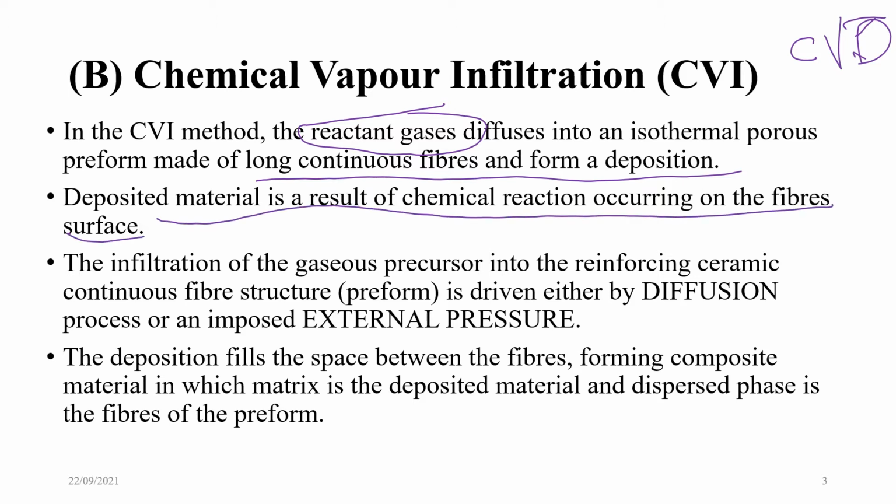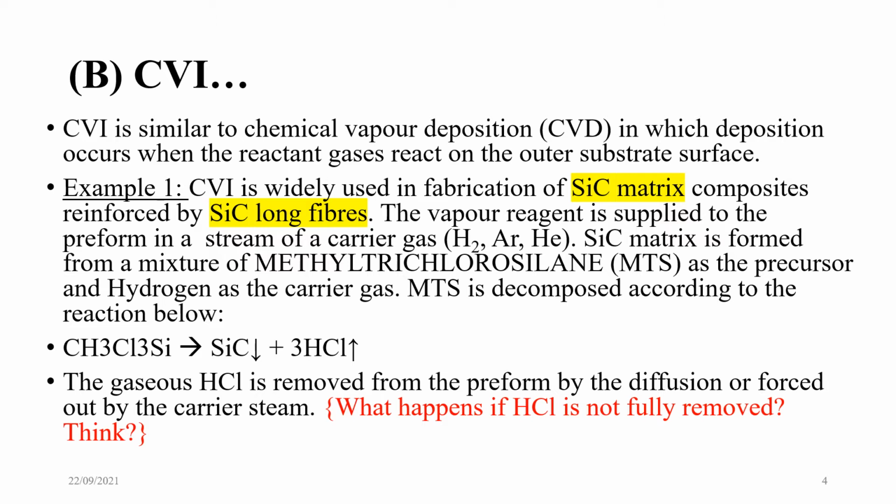Okay, the infiltration of the gaseous precursor, that is the vapor, into the reinforcing ceramic continuous fiber structure or preform is driven either by diffusion or by an imposed external pressure. The deposition fills the space between the fibers, that is the gaps, forming composite material in which the matrix is the deposited material, and the dispersed phase is the fibers of the preform. CVI is similar to chemical vapor deposition, in which deposition occurs when the reactant gases react on the outer substrate